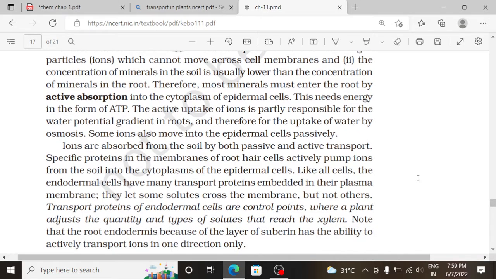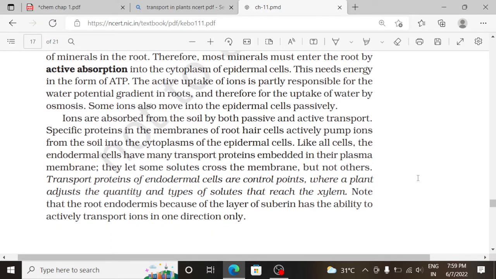The active uptake of ions is partly responsible for the water potential gradient in roots and therefore for the uptake of water by osmosis. Some ions also move into the epidermal cells passively. Ions are absorbed from the soil by both passive and active transport. Specific proteins in the membranes of root hair cells actively pump ions from the soil into the cytoplasm of the